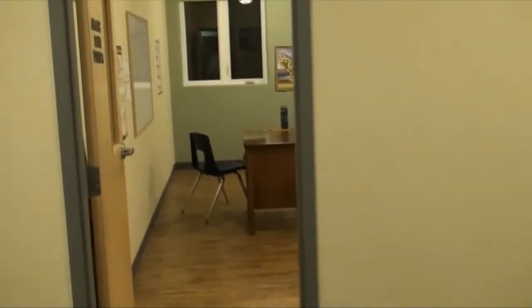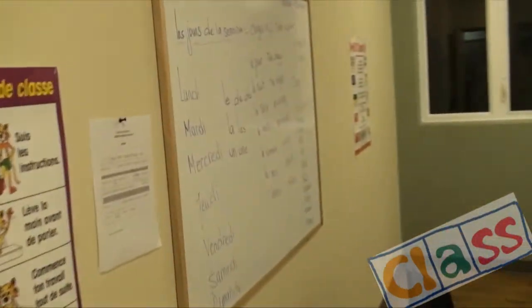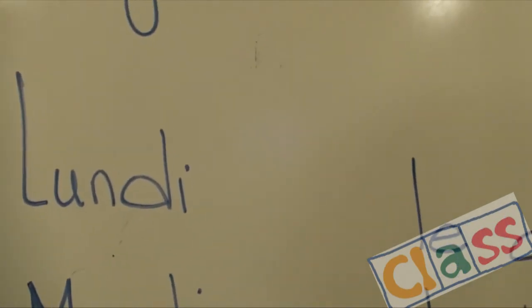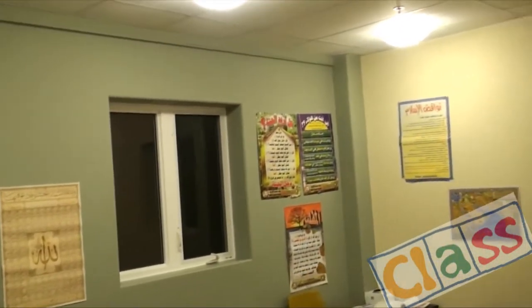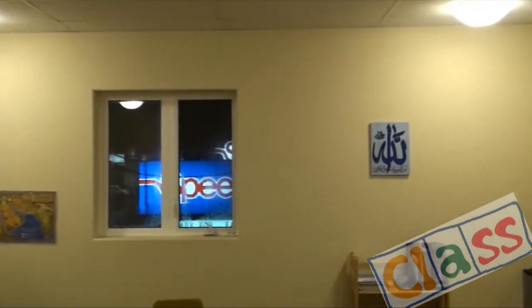And here's another classroom too. These are nice big classrooms. This is the Arabic and the French classroom. Islamic studies being taught here. You can see Lundi and Makradi. It takes me way back. And the posters are a little bit off, but you know, I think that's my